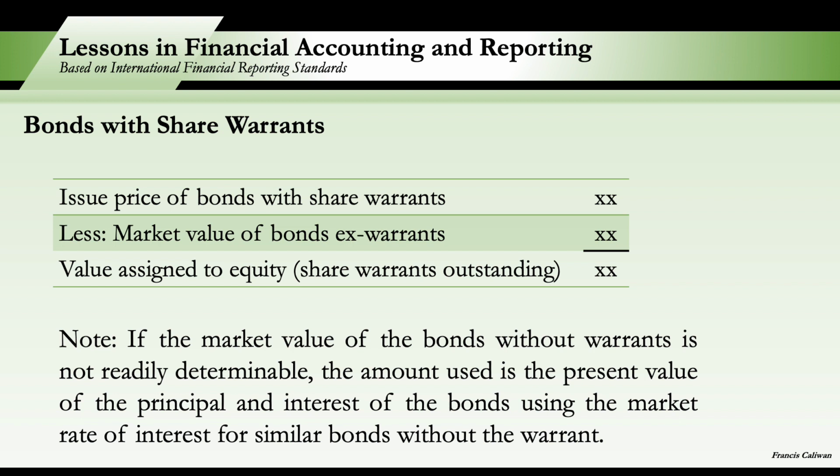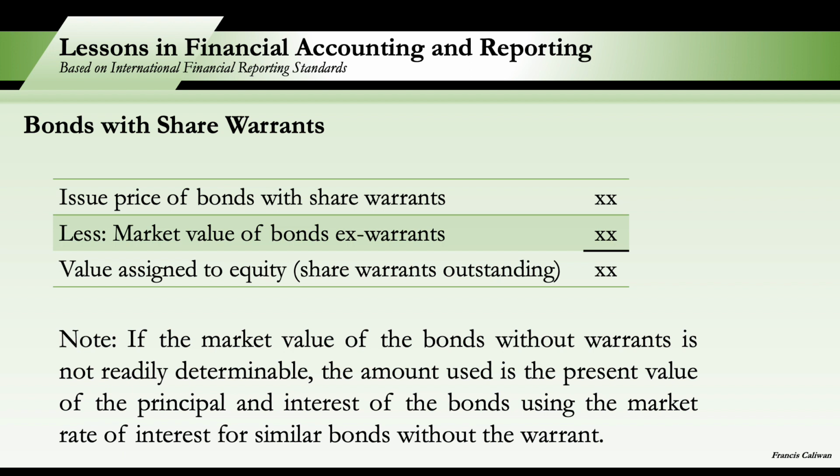Now, what is the process of allocating the issue price of the compound financial instrument between the liability component and the equity component? By the way, that process is what we call bifurcation. So let us apply bifurcation first to the bonds with share warrants. According to IAS 32, when the initial carrying amount of a compound financial instrument is allocated to its liability and equity components, the equity component is assigned the residual amount after deducting from the fair value of the instrument as a whole the amount separately determined for the